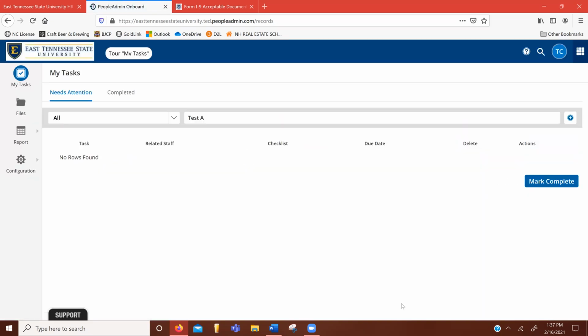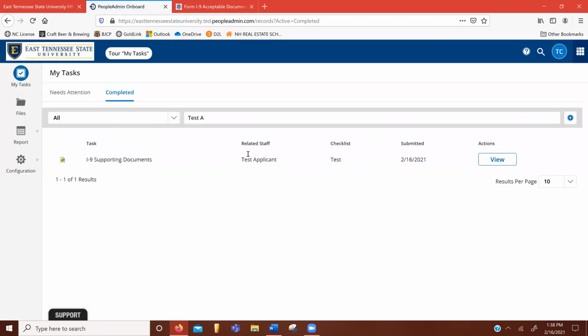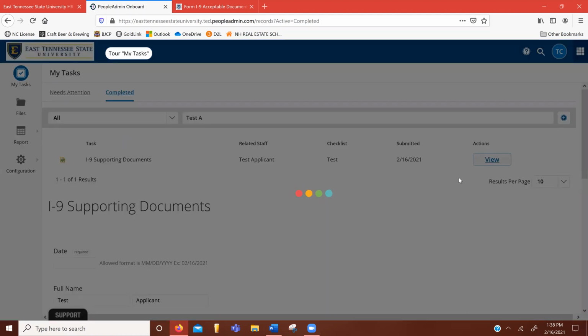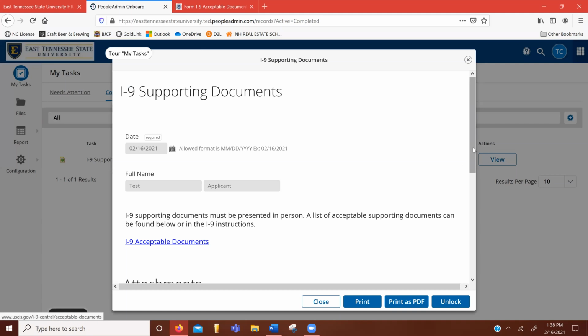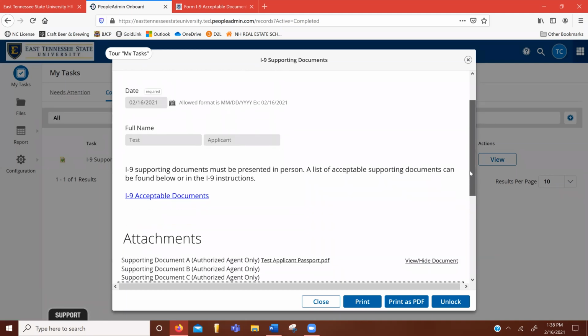And now you are done. If you'd like to go back and look at tasks you've already completed, just up top you'll hit the completed, it'll keep your search, and then the check mark indicates that it's good to go for test applicant, the timestamp, and this way you can go back in a future date, say the employee is returning to work or a